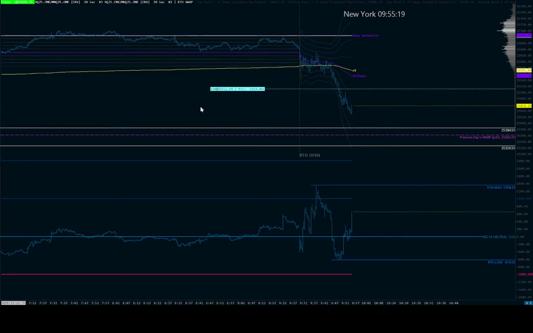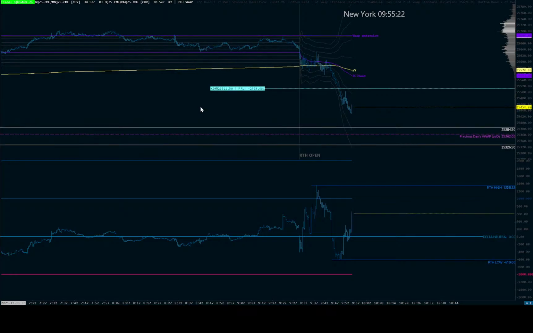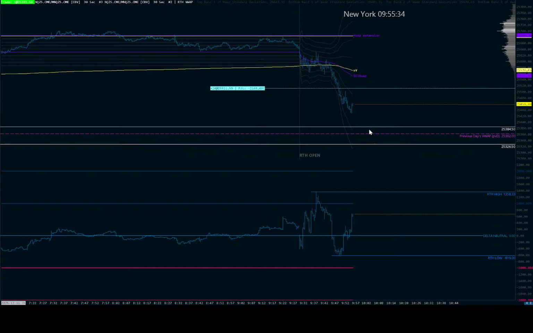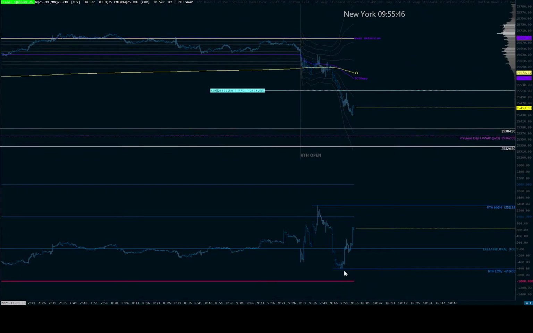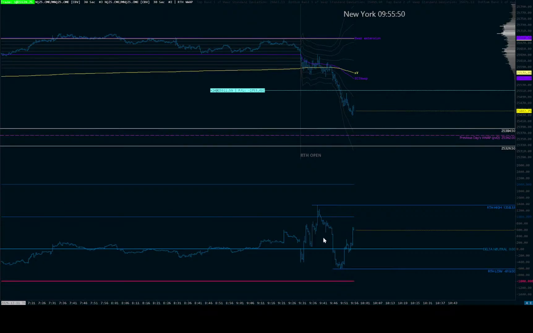So we're getting some fresh buying coming in. If the buying breaks this RTH high, then I think it will, this would probably be the low. Again, if the buyers break this RTH high, then this will be the low of the day and it will continue higher. So we're back positive, not fully positive in the sense that, like I said, it's flipped this, but